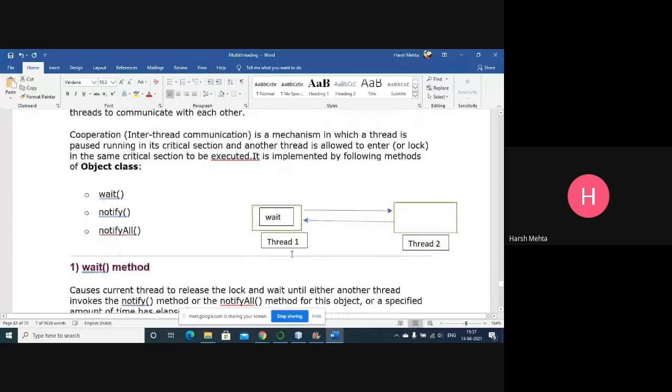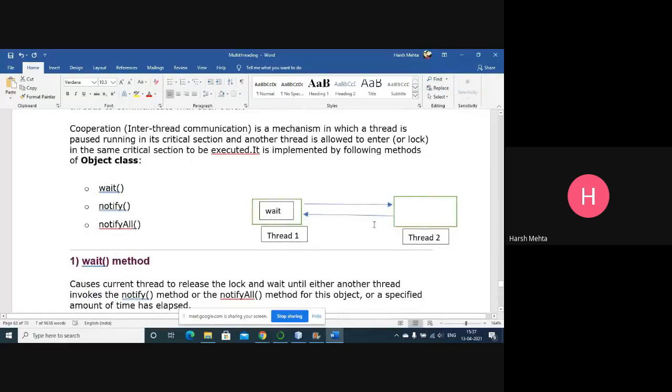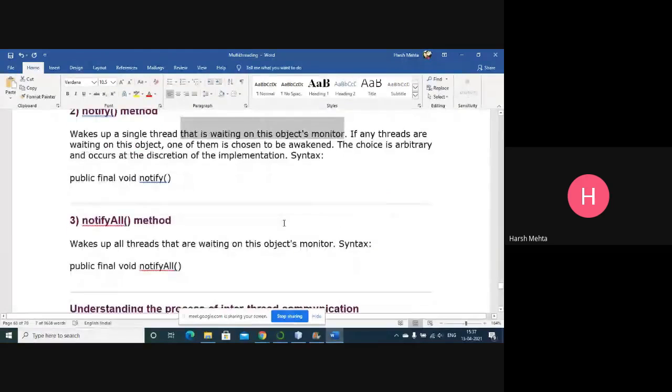So with the notify method, we are waking up threads which are in sleep mode. If any threads are waiting on this object, one of them is chosen to be awakened. The choice is arbitrary and occurs at the discretion of the implementation.